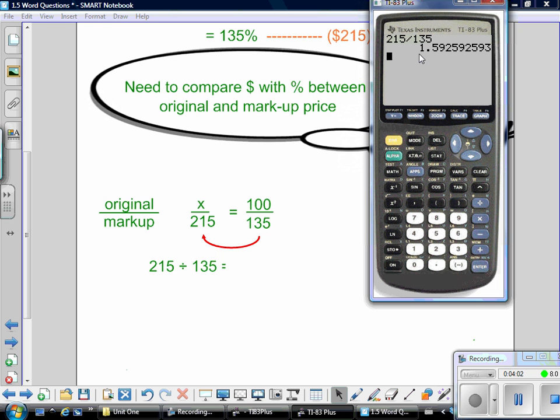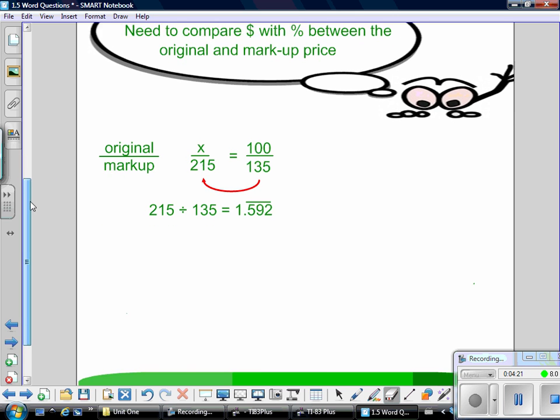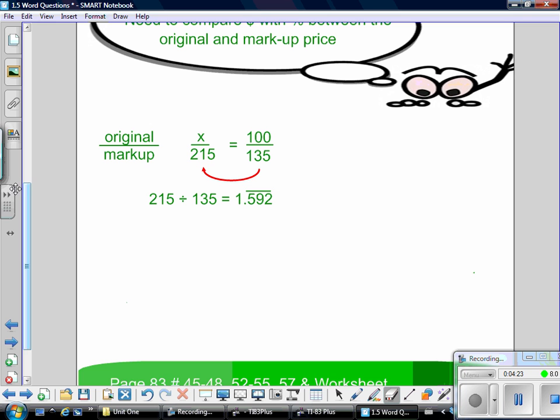equals, okay, it looks like a repeating decimal, 1.592592, and it keeps on going. So I would write down 1.592 repeating. Now I want some of that repeating part because remember we're dealing with money and pennies, even though they've gotten rid of them, they still are important. So this X value has to be equal to 100 times that 1.592 repeating. So our X equals 100